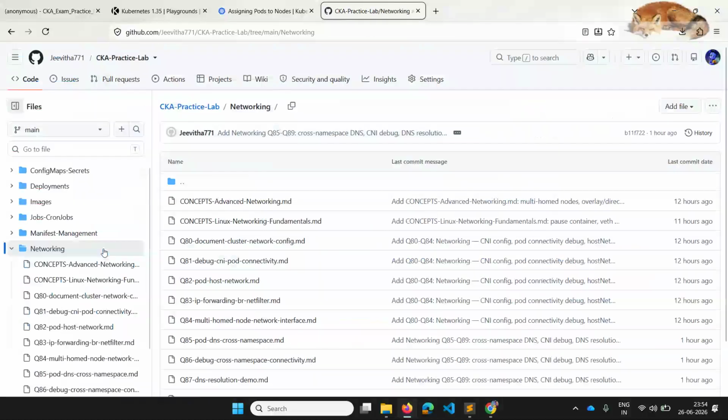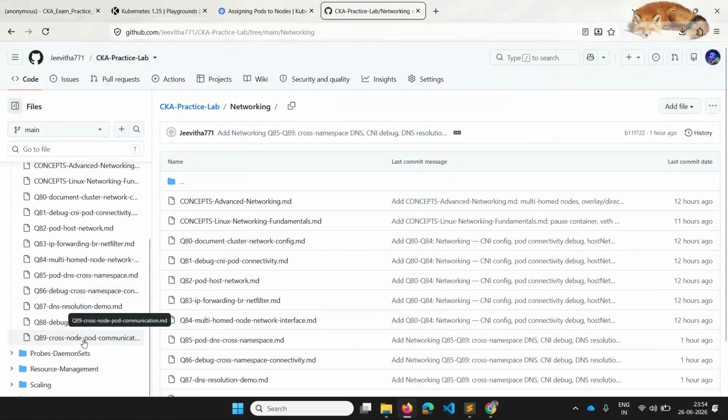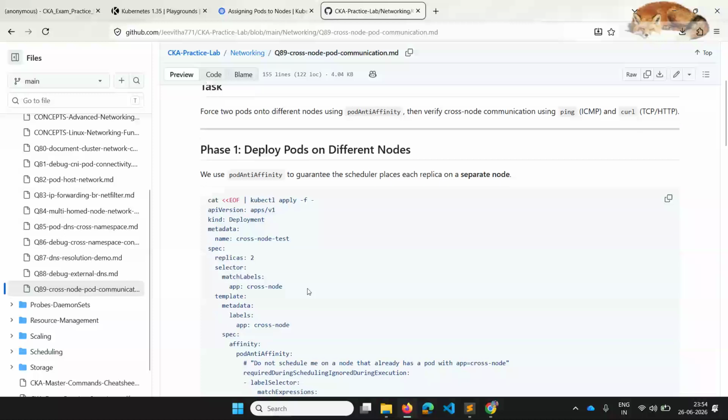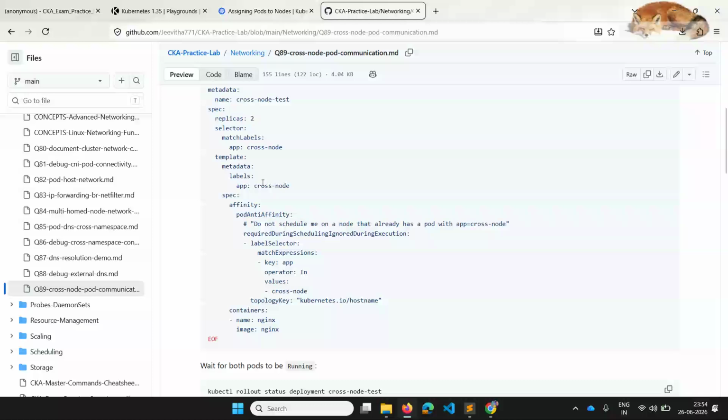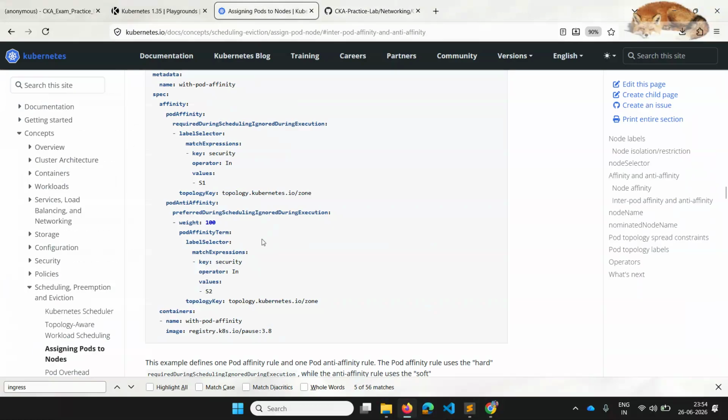This way we'll create a deployment. We'll have two replicas, and let's say we keep a label called cross node. We can write an anti-affinity rule based on these labels.